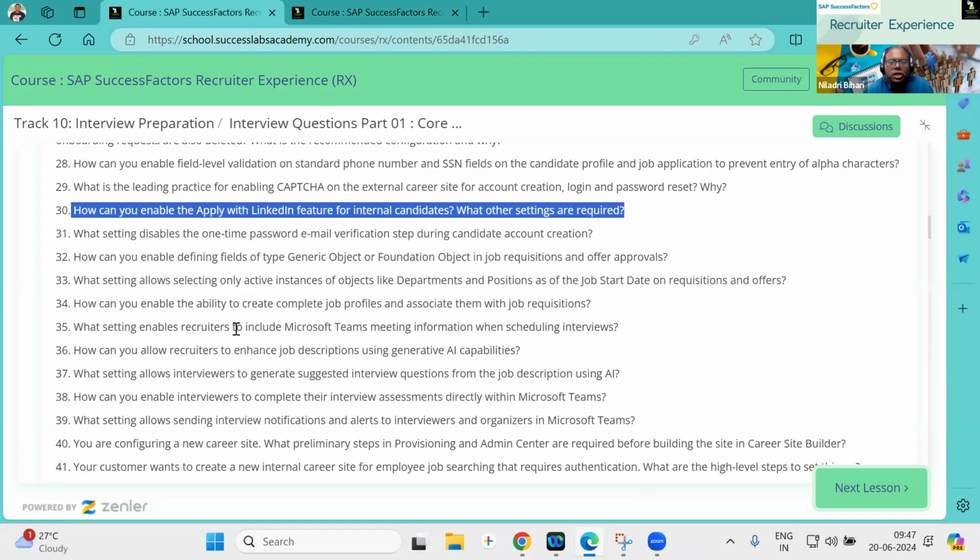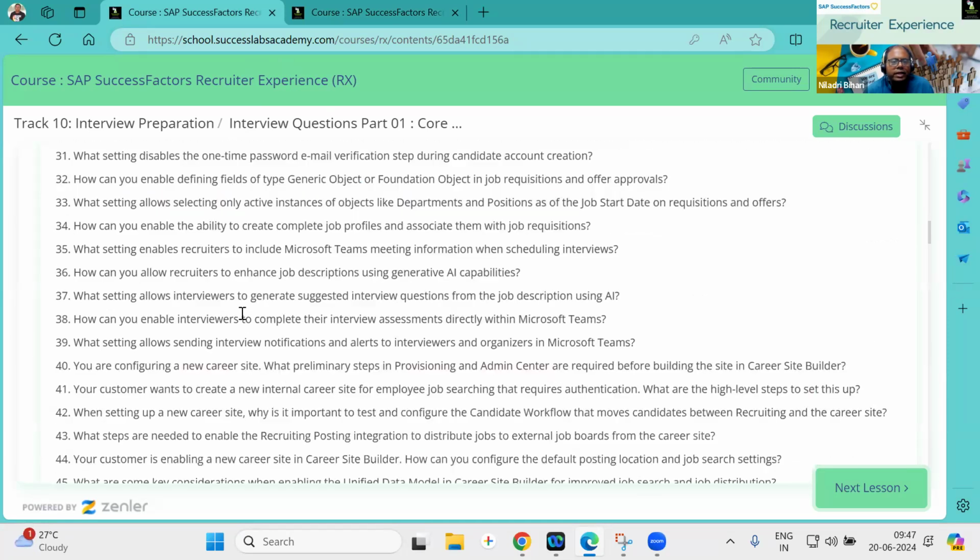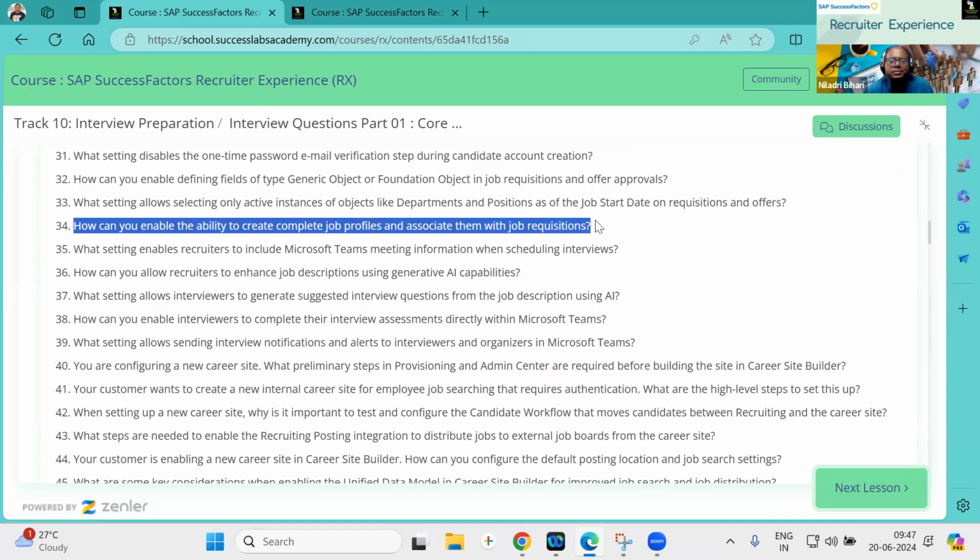So now, this is an important question. How can you enable the ability to create a complete job profile and job profile association with a job requisition? There are multiple things here. Job profile builder is a concept.